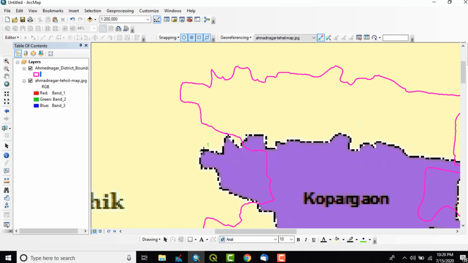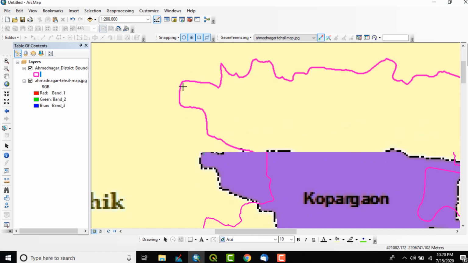I have clicked once, and now it will ask to connect it to the second point on the shapefile. The same point we have to take on the shapefile. So this is this particular corner.